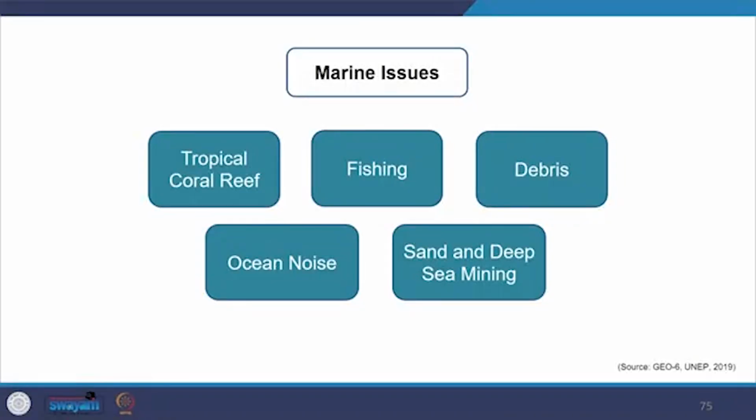Now we will look at some of the upcoming issues. So what are the issues? We'll only focus on the limited ones. So we'll look at tropical coral reefs, the fishing issue. We'll also look at the debris entering the marine environment, that is the marine litter. We will also look at a few emerging topics such as mercury, sand mining,